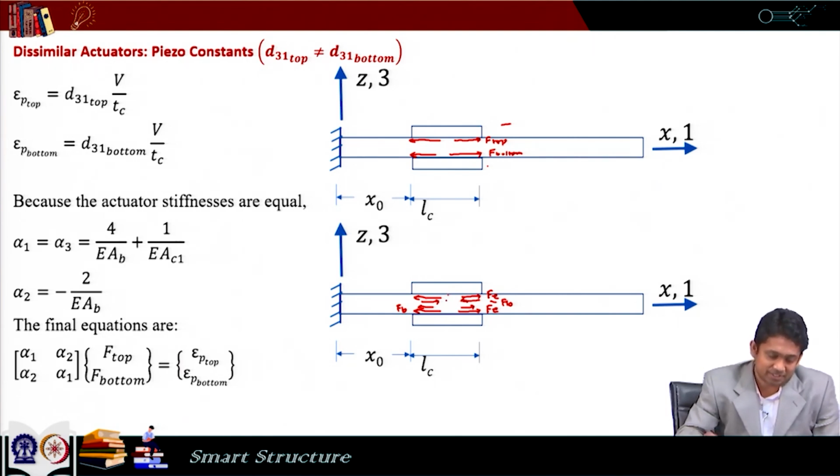But in those equations, since I have the same geometric property for the piezoelectric patches, we get alpha 1 and alpha 3 to be the same, equal to 4 by E a b plus 1 by E a c 1. Here E a c 1 means E a c of one of the piezo patches, and that is the same for both, and then alpha 2 comes to be this. So, finally, the equation looks like this: alpha 1 and alpha 3 are the same, that is the only difference between these two equations,